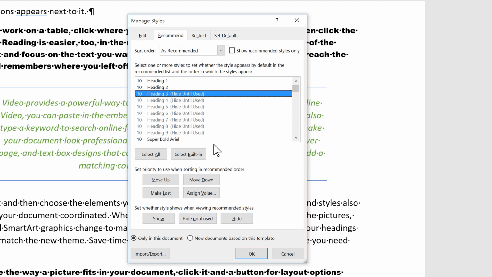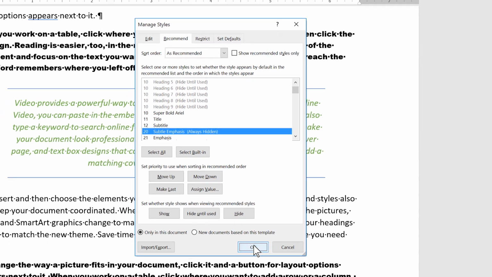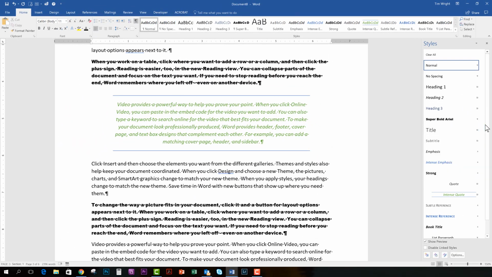I can also select any of these and hide them almost permanently. Like I never use Subtle Emphasis, so I just want it hidden. It just isn't in my list at all. So this is how I can change what's in my recommended list. And I can even change the order they're in. Say OK. So now my list is a little bit smaller, but I could actually make my list even smaller